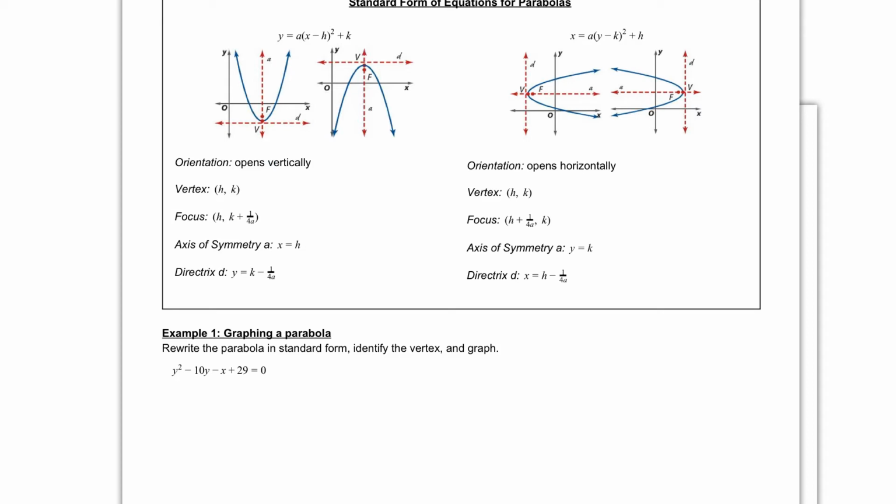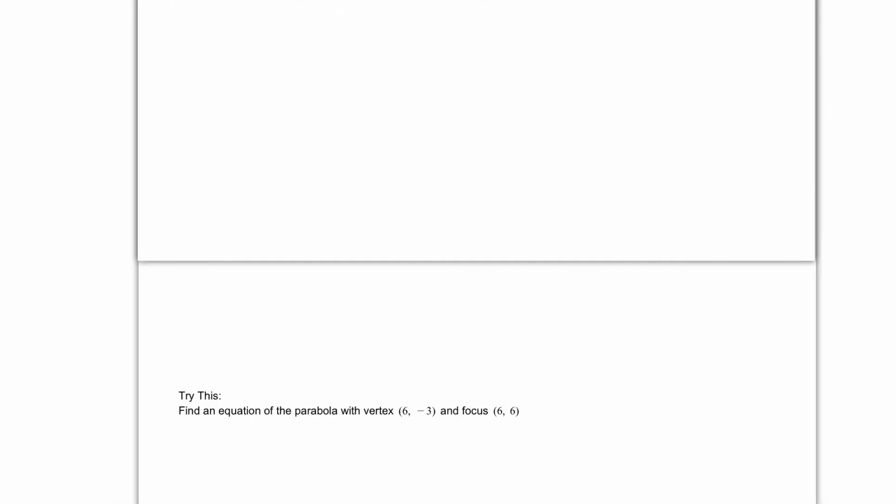If we take a look at our second equation, the x equals, our vertex, which is h and k, to our focus, we see that the k remains the same in our vertex and our focus, meaning this is the one that we have to deal with right now. So we are going to be writing an equation as x equals a times y minus k squared plus h. We are also going to use these formulas that we see on the front here. If we go back to our problem,